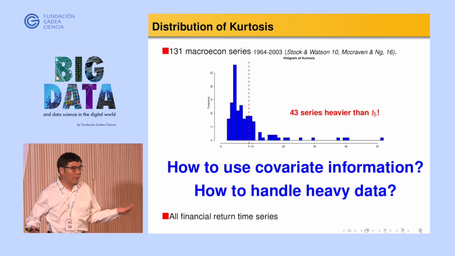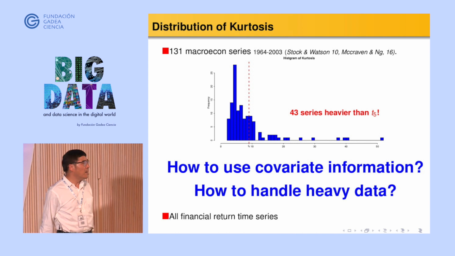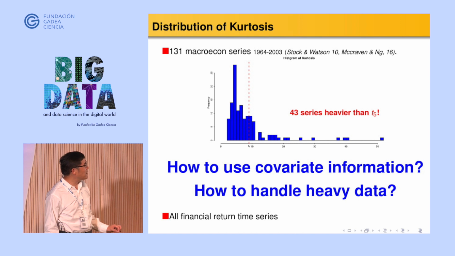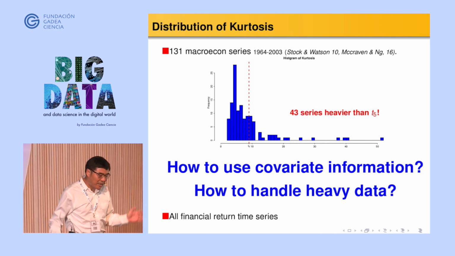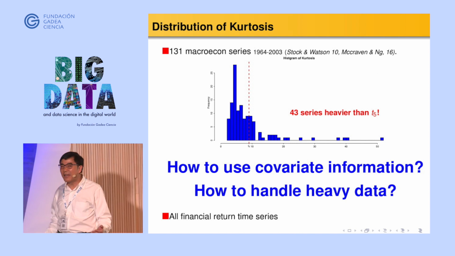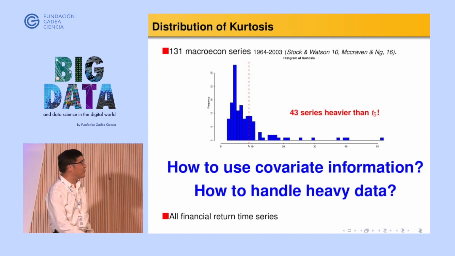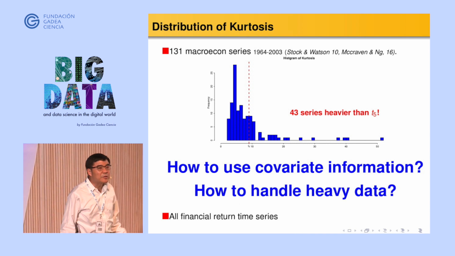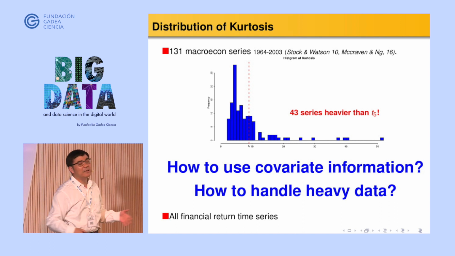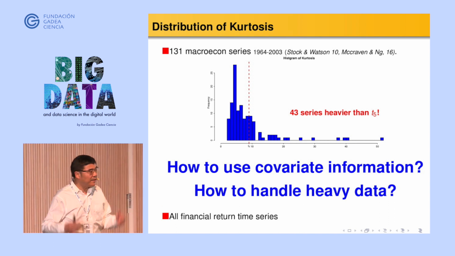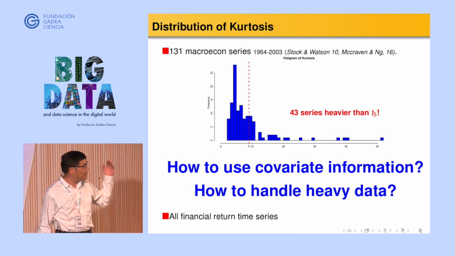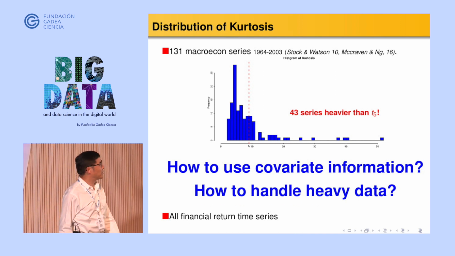So now the question I'm asking for this particular problem is twofold. How do we handle heavy-tailed data? The second one is, in typical applications, you are not only endowed with the data, like microarray data, you are also endowed with clinical information, like my W_t here. So how do you use those covariates to advance your study of big data issues? Of course, this is not as big as I would like, but the concept applies to all other things.